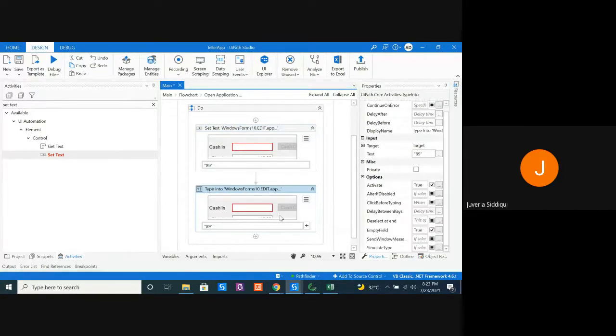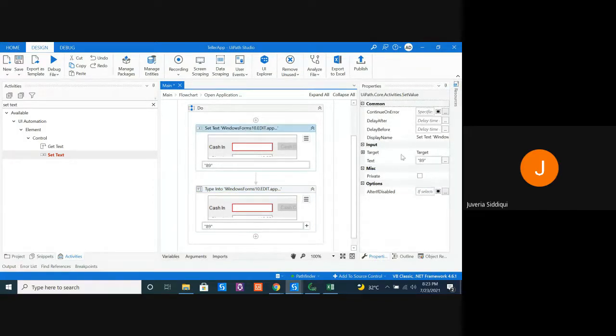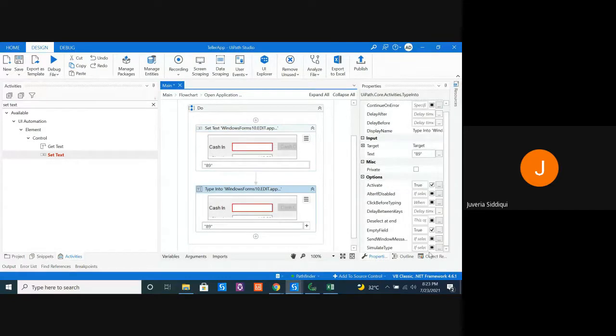Then using this typing tool, I can set what delay I want between writing 8, then a 10-second delay, then write 9, something like that. You don't have something like this in set text. Another thing is simulate type and send Windows message.